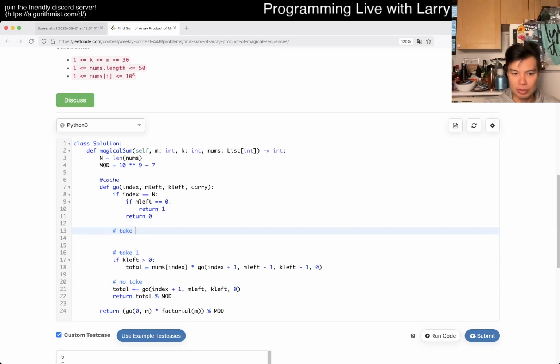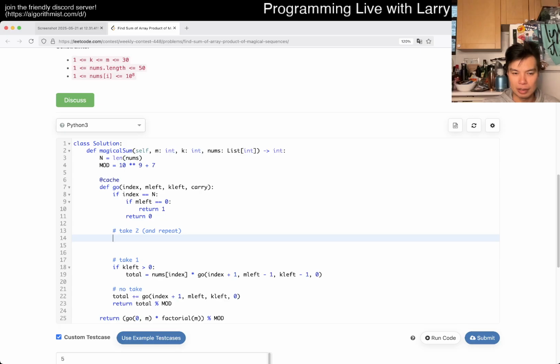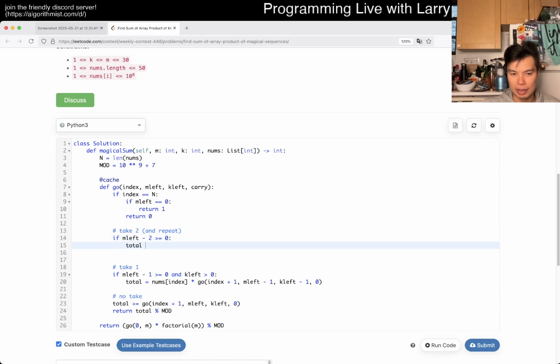Okay, take 2 and repeat, possibly. So that here, if K, this is also if M left. Oh, I guess I didn't do this one. I think I should have, but yeah. Okay. So if M left, if we still have them, then we can do